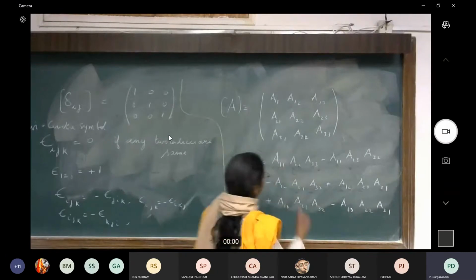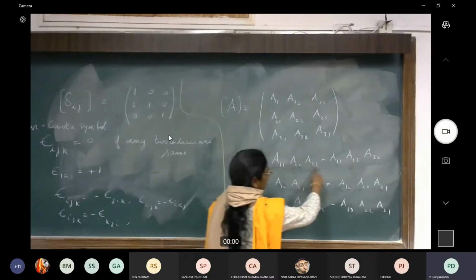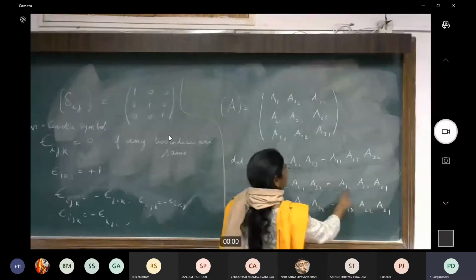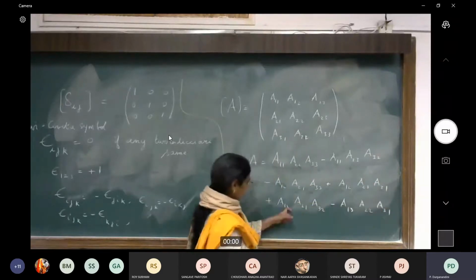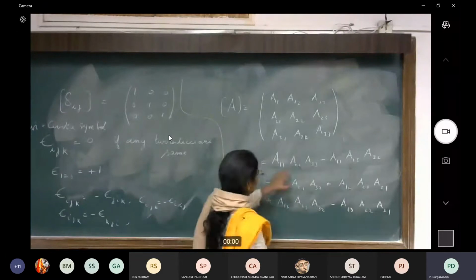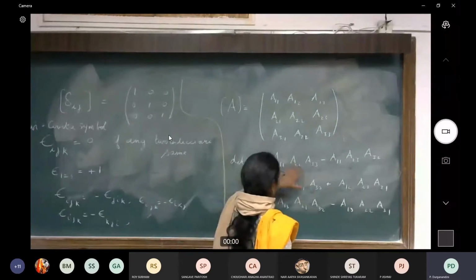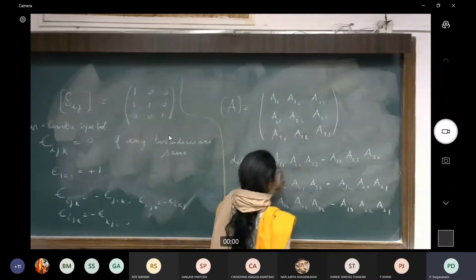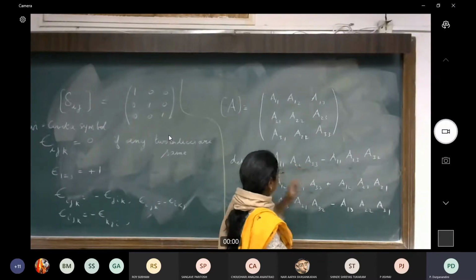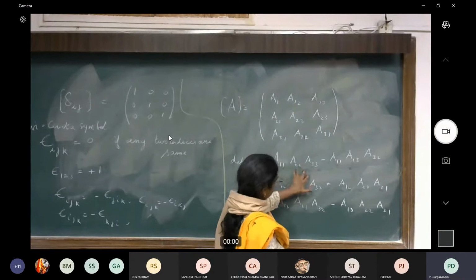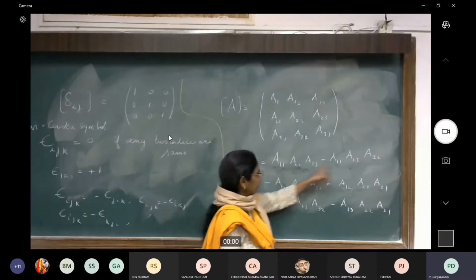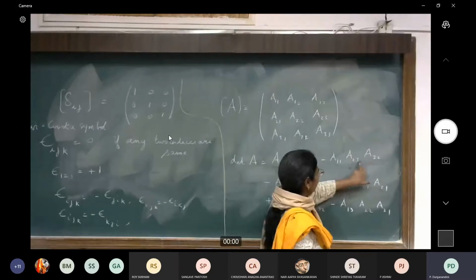And if you look at the second subscript, now you'll see a 1, 2, 3 here. Then I have a 1, 3, 2. Then I have 2, 1, 3. Then 2, 3, 1. Then here I have 3, 1, 2 and 3, 2, 1. And also you can see that the first subscript in all the A's is the same, 1, 2, 3. And if you look at the second subscript, it's really like a permutation of 1, 2, 3. So if I have 1, 2, 3, then I have here 1, 3, 2. So I permuted 2 and 3 here.